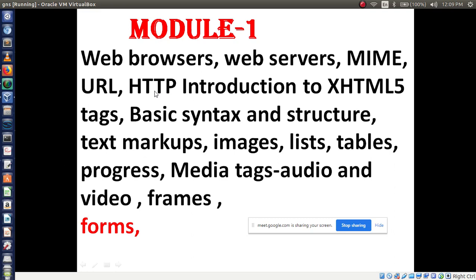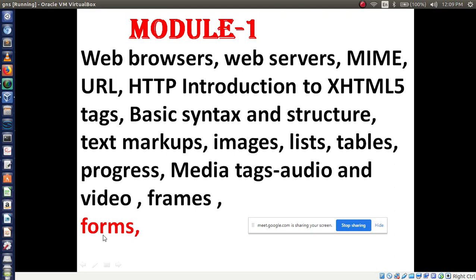Then you have one theory question, that is HTML syntax and structure, like the HTML tag, head tag, title tag, close the head, body tag. You have to study that structure and explain briefly regarding those particular tags.